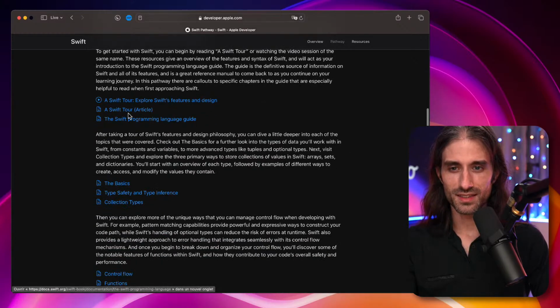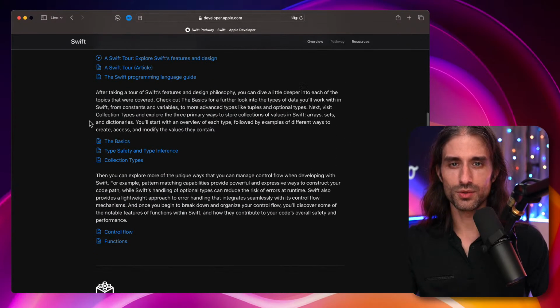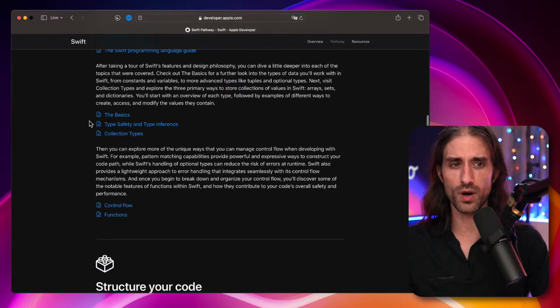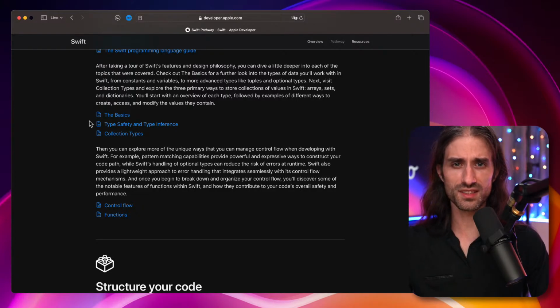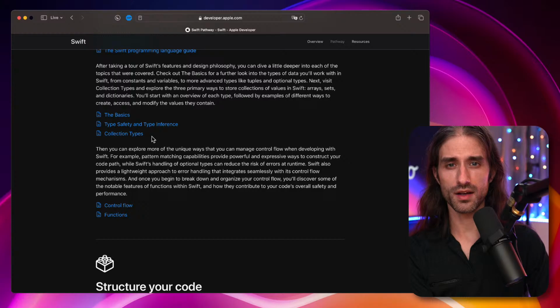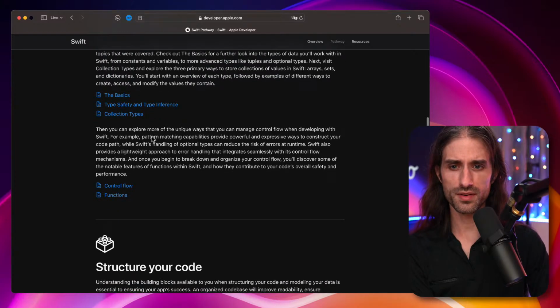So let's see. Then they show you some of the chapters. I won't go over everything because I see it's almost been 1 hour already and I would like to cover the SwiftUI one, but they go over the basics like variables, loops. So how to declare data, how to handle the control flow. Then type safety and type inference, which are two big features of Swift. Collections, so arrays and dictionaries typically.